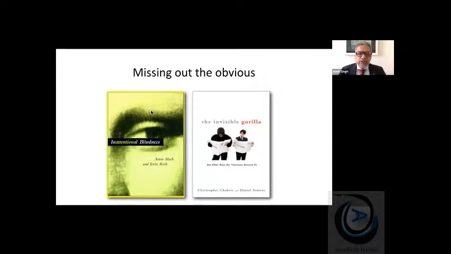So they did research on change blindness and attentional blindness, and they came up with inattentional blindness. The book on the right, Invisible Gorilla, everybody is aware of it. The gorilla in the room, where the school-going kids are playing basketball. They're so engrossed in playing basketball that a man dressed in a gorilla suit walks by, and nobody notices him.